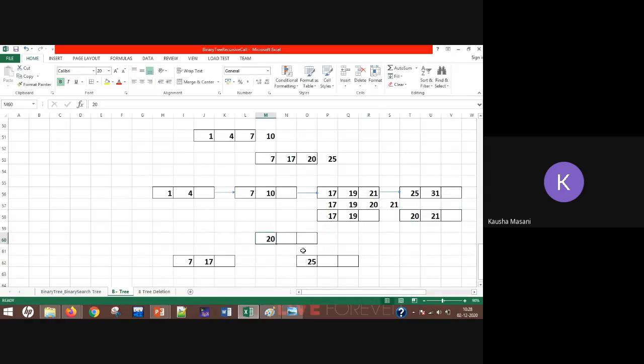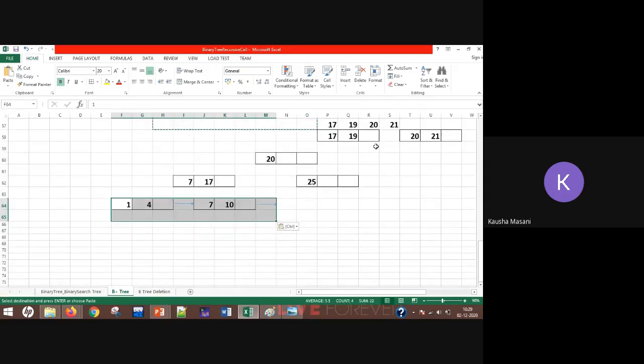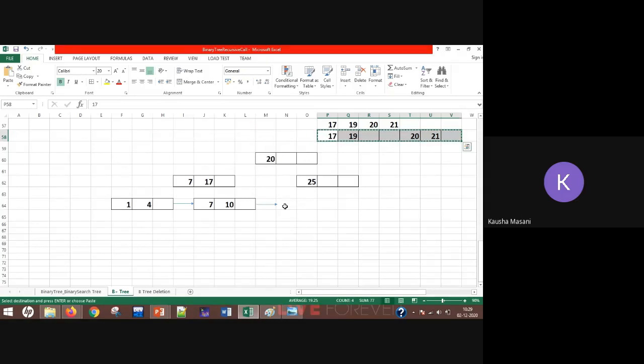So you are not going to write 20 here. Why did we write 20 here? Because that is data. So this whole thing will be copied as it is. These two splits will now be added here. On the left there are 17 and 19, and on the right I have 20 and 21.